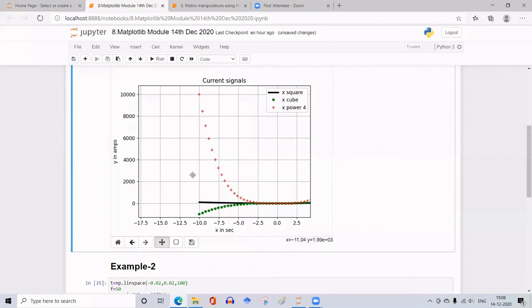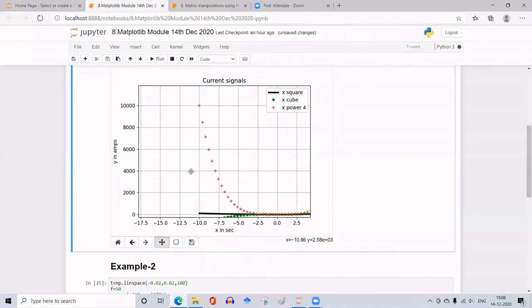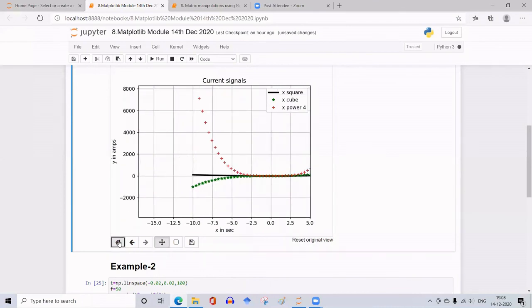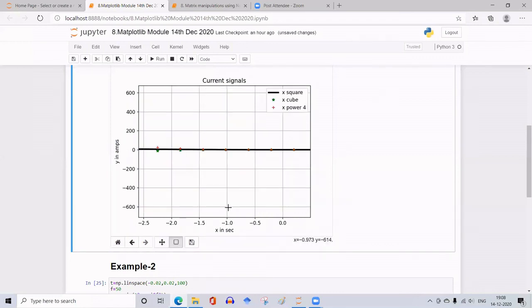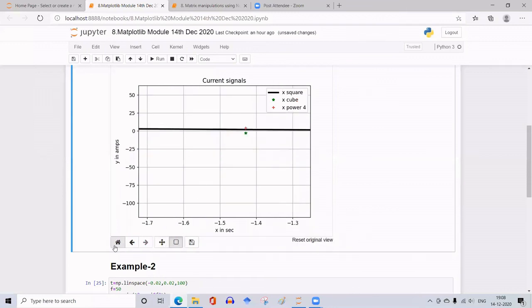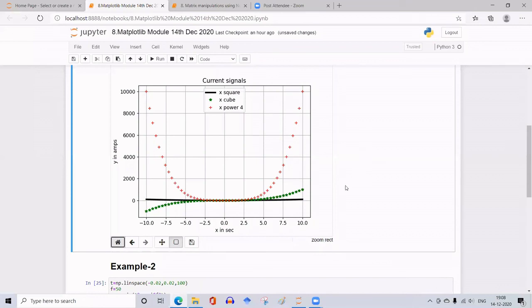And the y-axis also gets modified if you shift it like this. And another thing is you can zoom a part of the graph by taking this zoom and putting a rectangle over the portion you want to zoom, and observe the readings or how the curve changes.